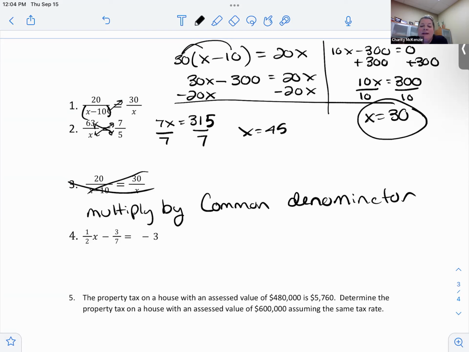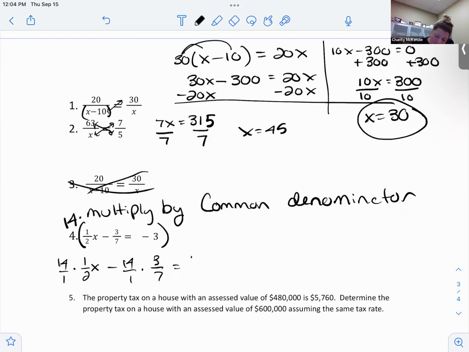So look at 4. What are the two denominators you have? You have 2 and 7. So we can just times them together. I'm going to multiply everything by 14. Okay, I'm going to do it as a big parenthesis and multiply everything by 14. All right, now watch me write this out. So I'm going to have 1/2 x, right, times by 14 over 1